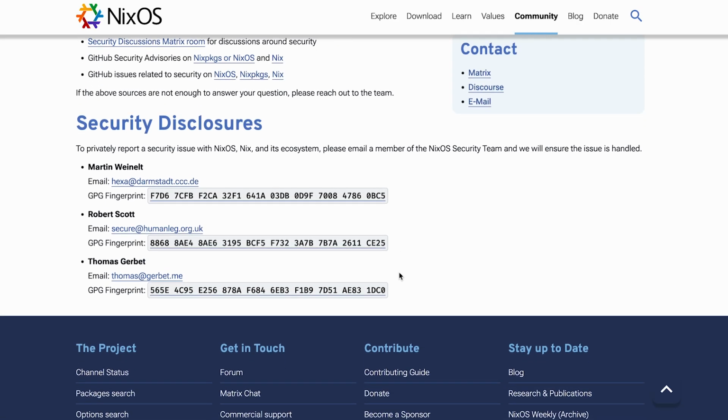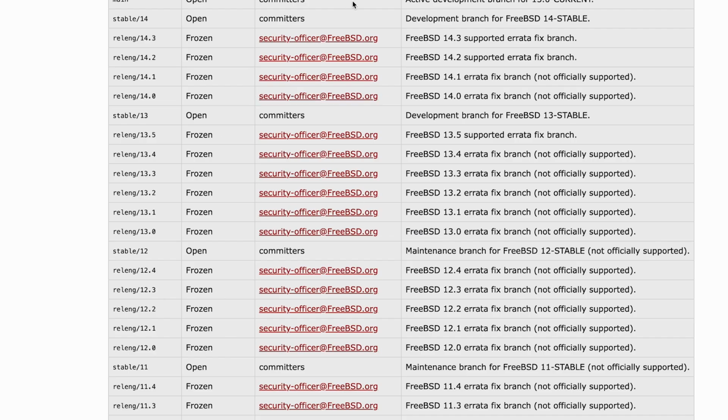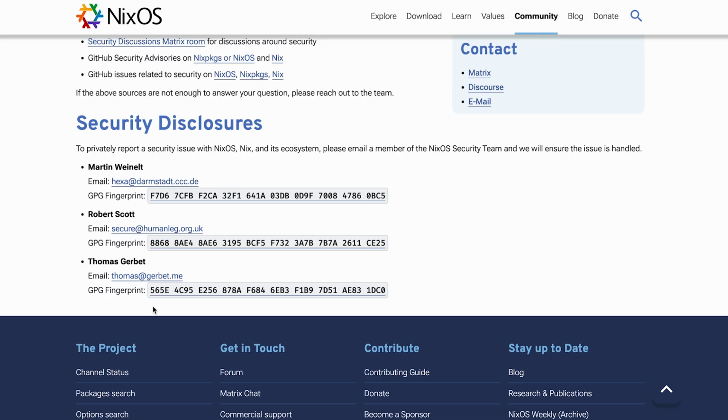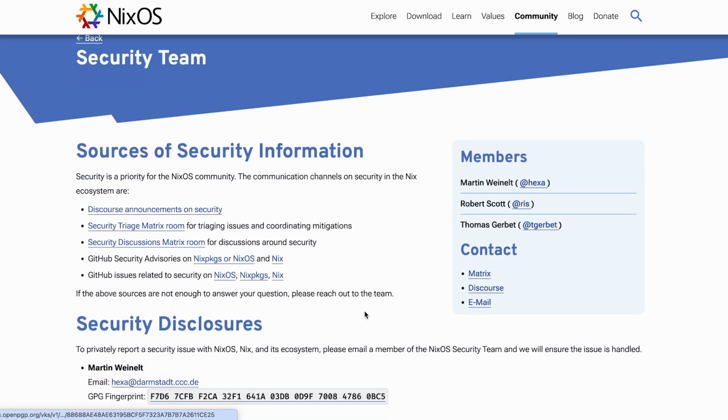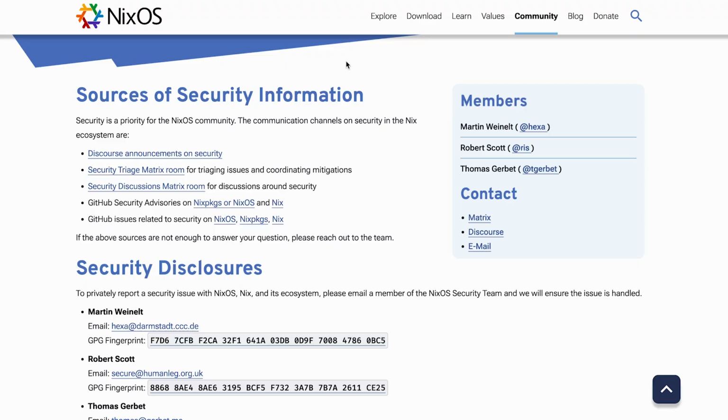Both operating systems are fully open source, legally compliant, and safe to showcase in YouTube content. The best choice depends on your priorities: FreeBSD for performance and maturity, or NixOS for innovation and flexibility.